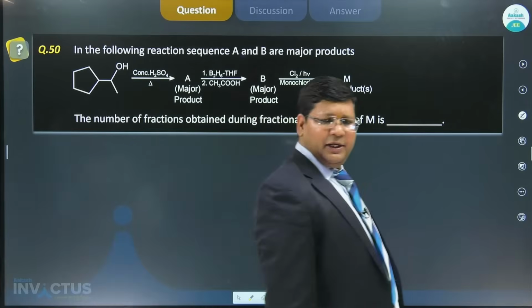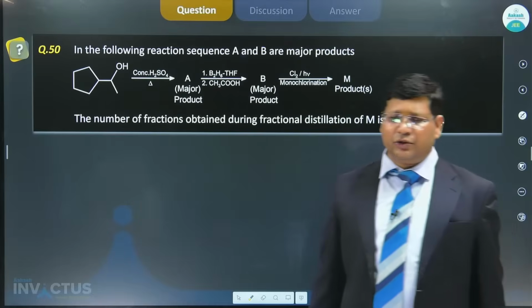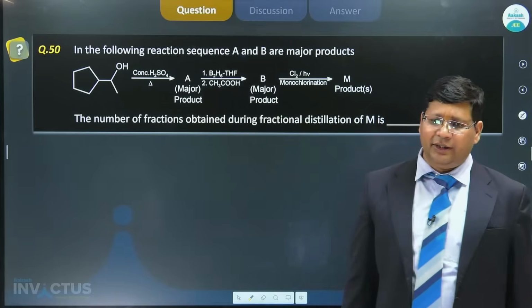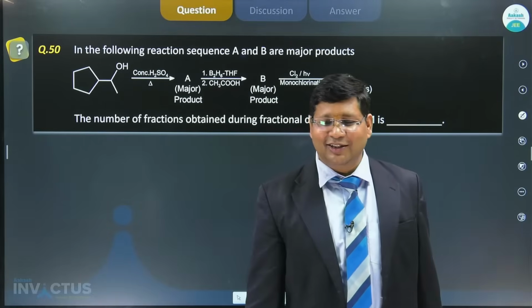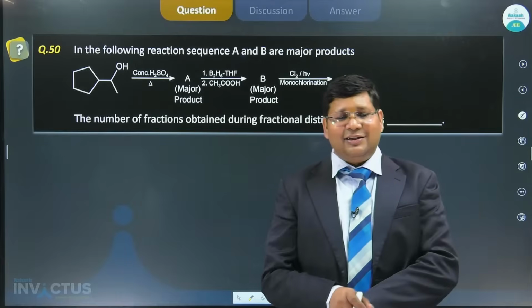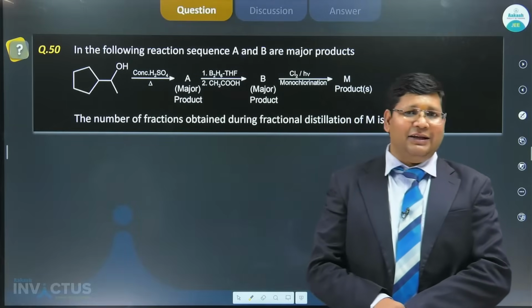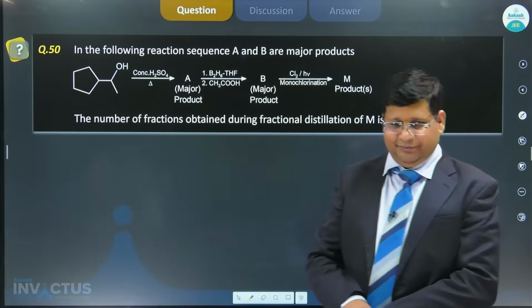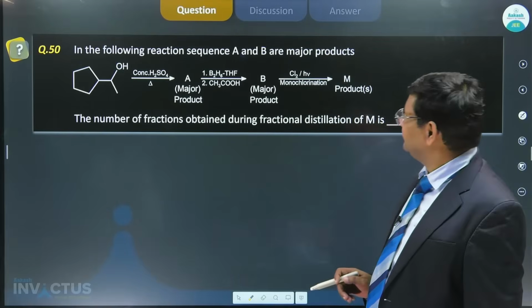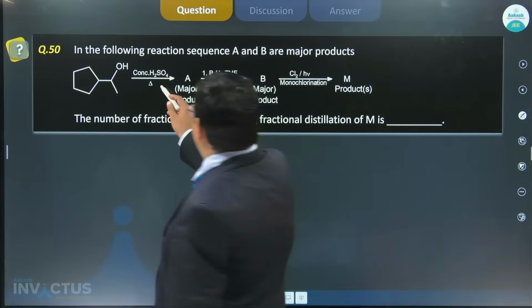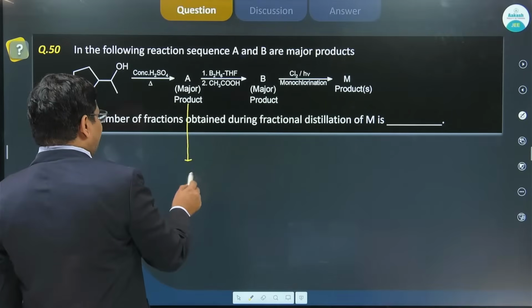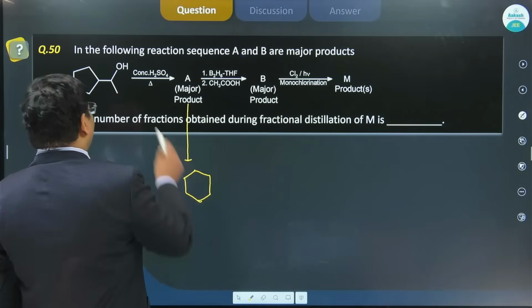ओके, बिहान, अगर मेरे ख्याल से बिहान एक स्टूडेंट था जो कह रहा था सर why won't hemiacetal give Tollens test, तो हेमी एसिटल नहीं था, मैंने बार बार फिर बोला that is hemiketal, ठीक है। Now तो concentrated H2SO4, A will be the major product,